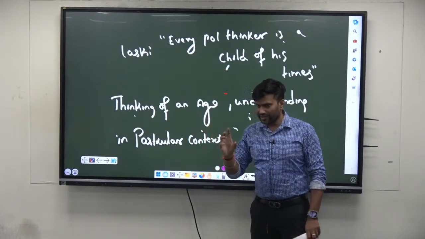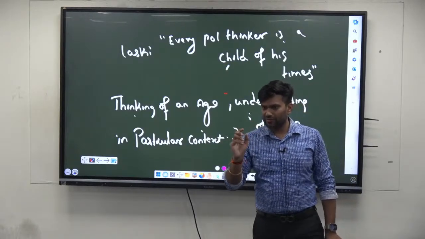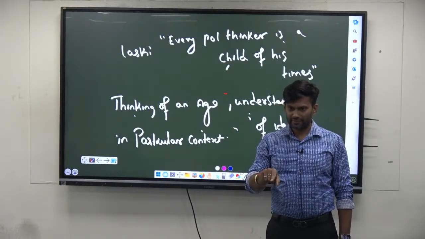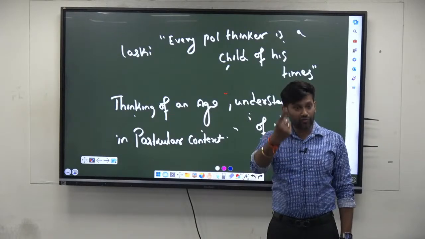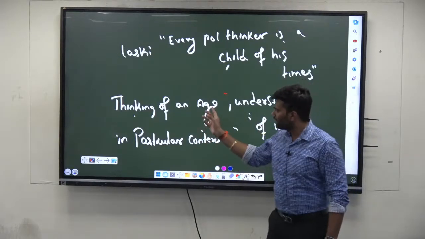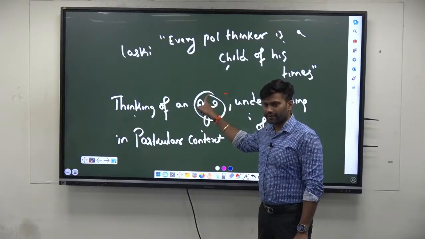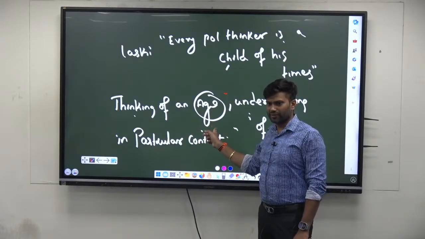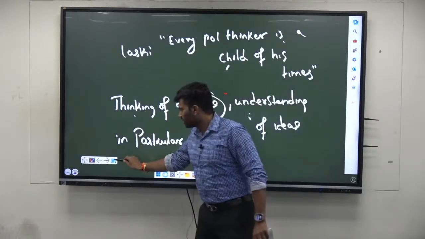And when we say political thought, you can ask what is the difference between a political idea and a political thought. A political idea is the political idea of one person, of one thinker of that time period. Political thought is the thinking of an age. It means the major ideas which emerged during that period. So when we say Greek political thought,